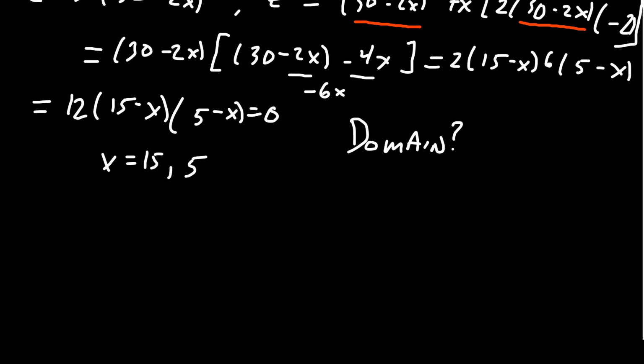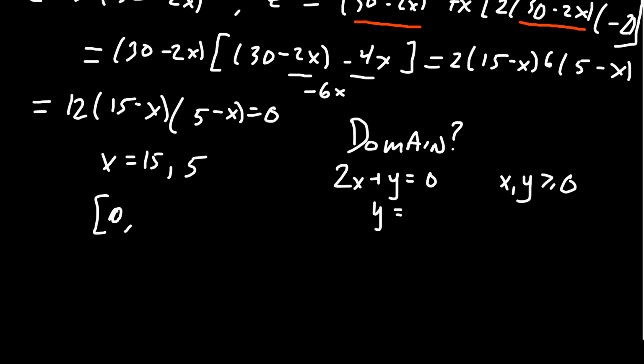Because remember, the constraint said that 2x plus y equals 30. And the original expression did say x and y have to be non-negative numbers, so they have to be greater than or equal to 0. So in terms of domain, x has to be greater than 0. But for y to be greater than 0, well, like we saw before, y equals